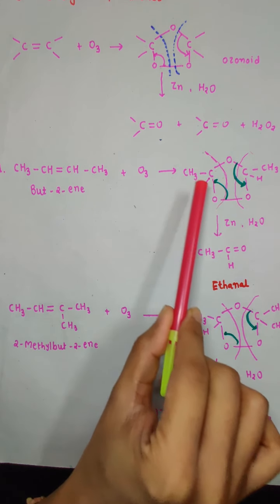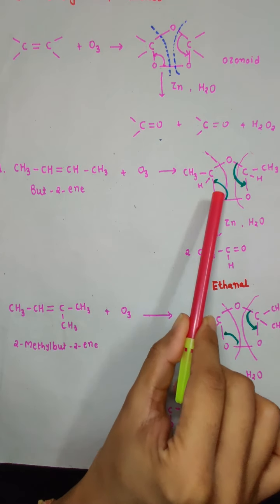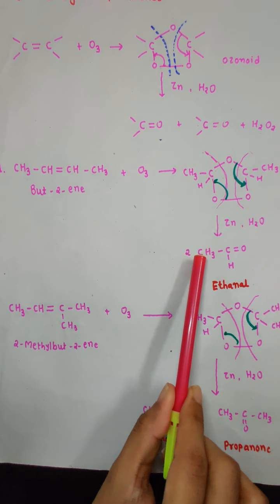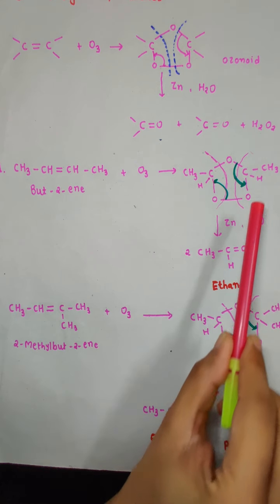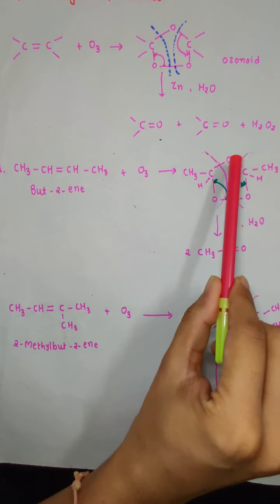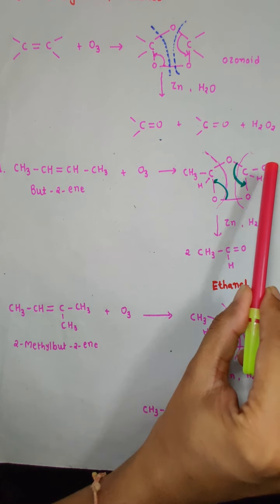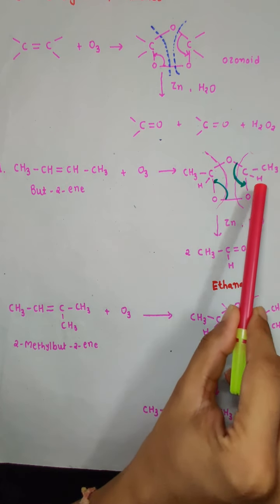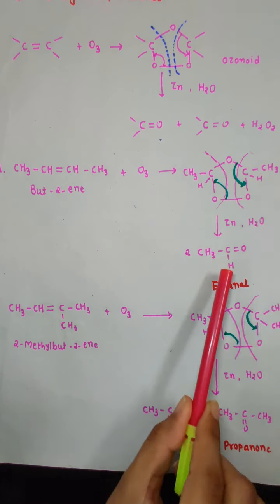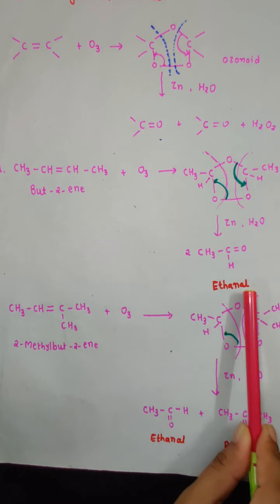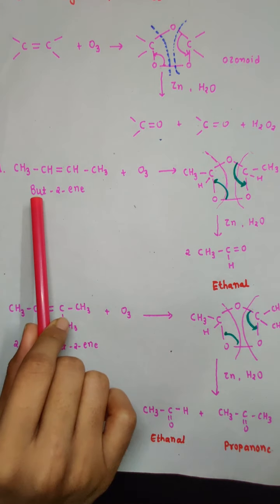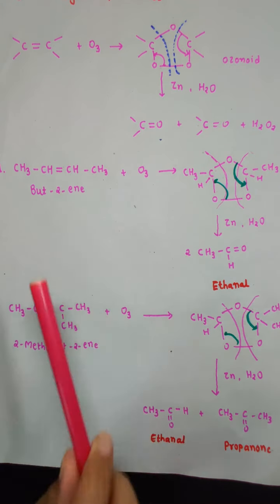तो हमारी क्या प्रोडक्ट मिलती है? CH3C double bond OH, that is acetaldehyde. यहाँ पे भी क्या प्रोडक्ट मिलेगी? This bond has shifted here, so you get carbon double bond oxygen, so you get product CH3C double bond OH. वापस से acetaldehyde जिसको ethanal भी बोलते हैं, and hence ethanal is the final product of the ozonolysis of but-2-ene. Now let us see another example, which is 2-methyl but-2-ene.